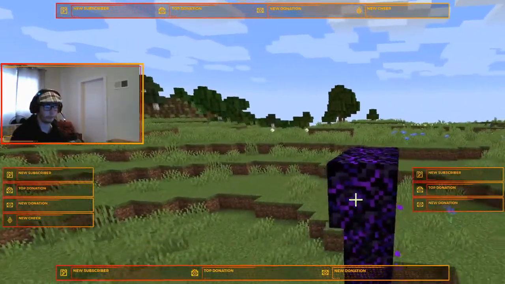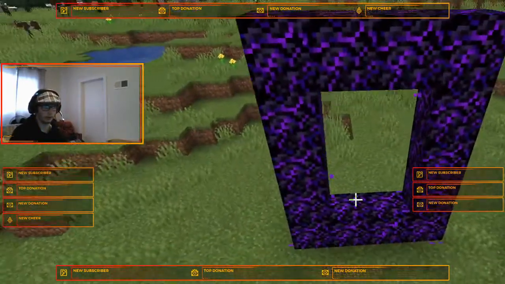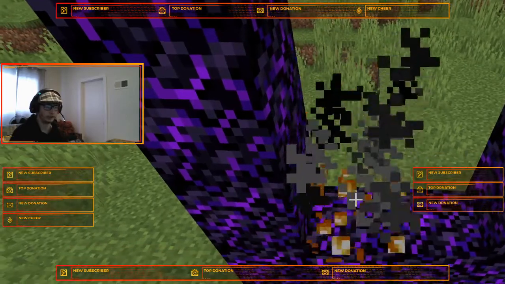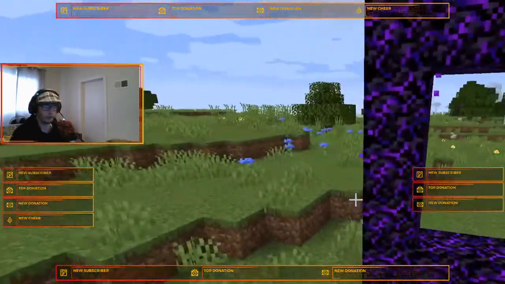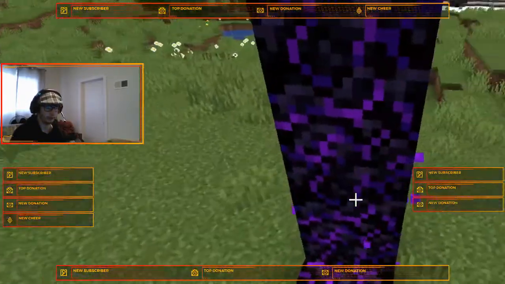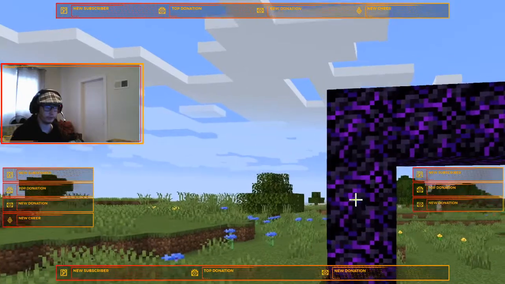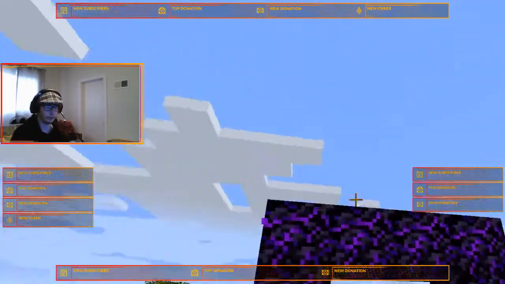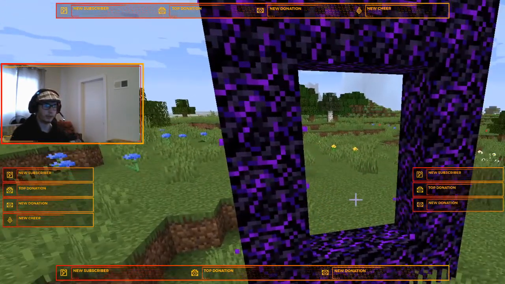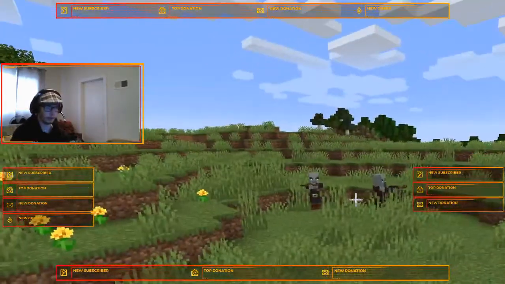Why didn't I just... you can't? Okay. Oh, there's crying obsidian. I wish that you can actually make a portal with this, because I was gonna incorporate crying obsidian into the portals that I make in my Let's Play world, or even in my Bigegogaming Let's Play world that we kinda...